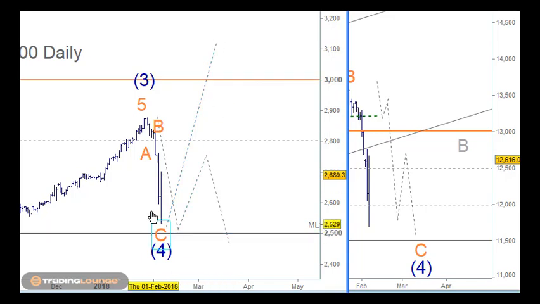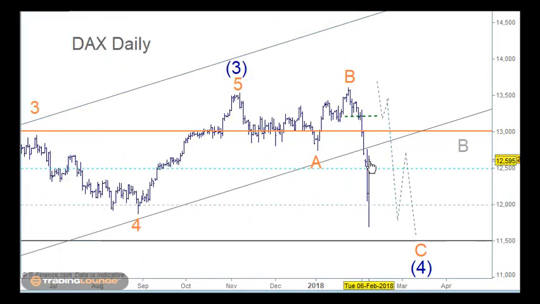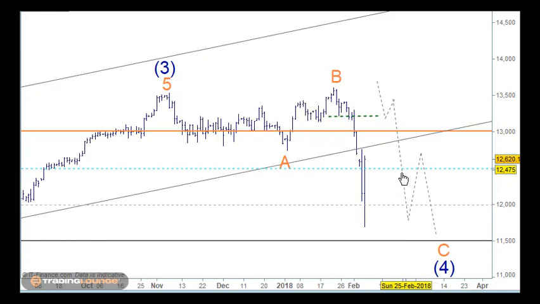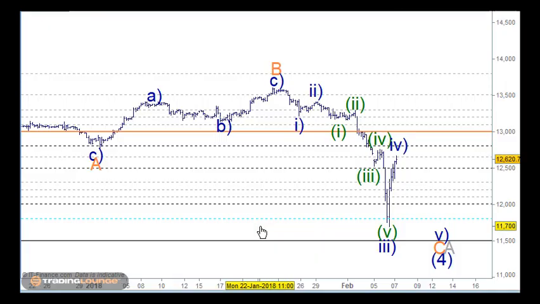But what we want to do with all of these current rallies, in the European markets and in the US markets and Asia and so on, is that we think we're looking for 5 waves down. I can sort of get 5 waves out of this structure here, but it does count better if this is only wave 3 here and we're looking for wave 4 here. Now the problem with that is that the wave 4 we're looking at here has rallied past its, in theory, 38.2% retracement level. So let's go into the 4-hour chart here.